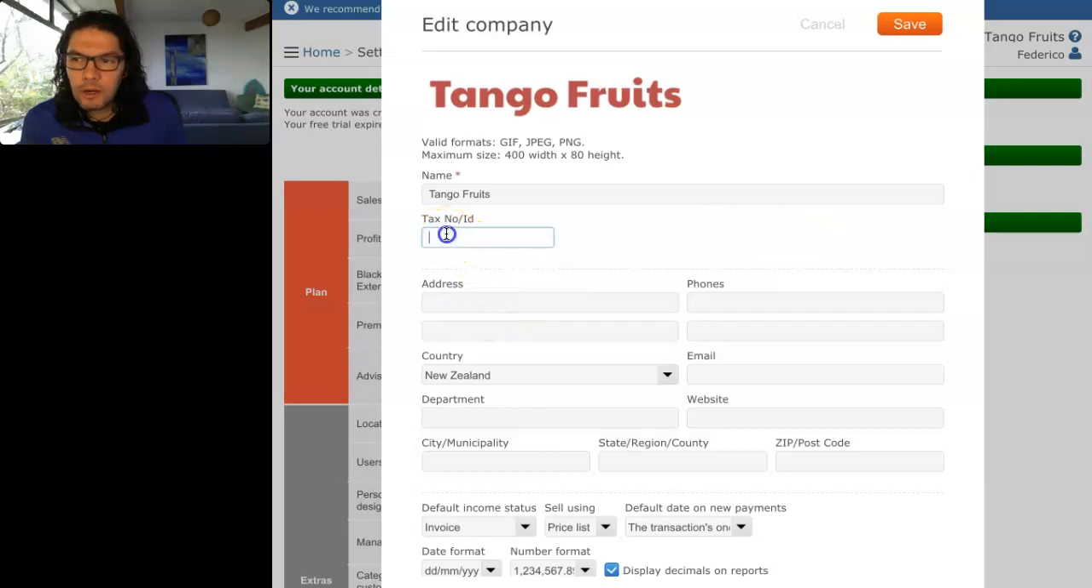Alright, now I need to add my tax ID. So I'm going to say IRD 347567. Okay, I need my address. I'm gonna say 80 Euro Street, and I'm gonna say that I just need the city. City will do. So I'm gonna say Wellington,